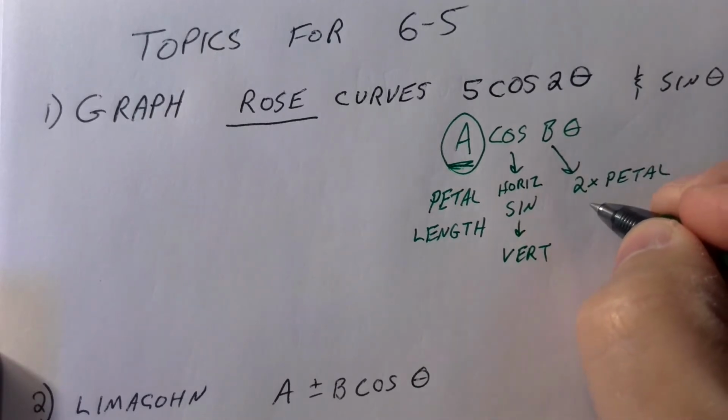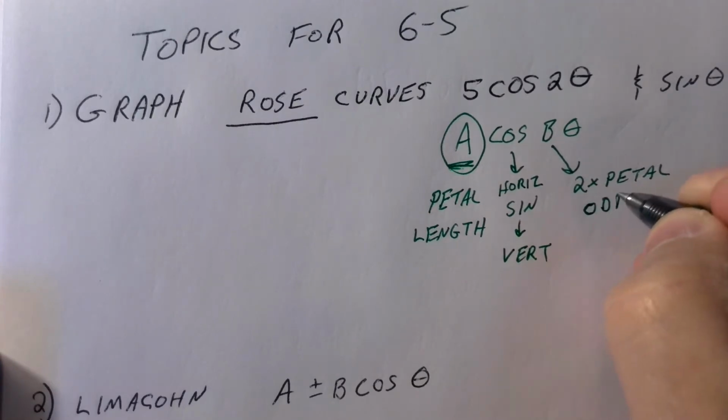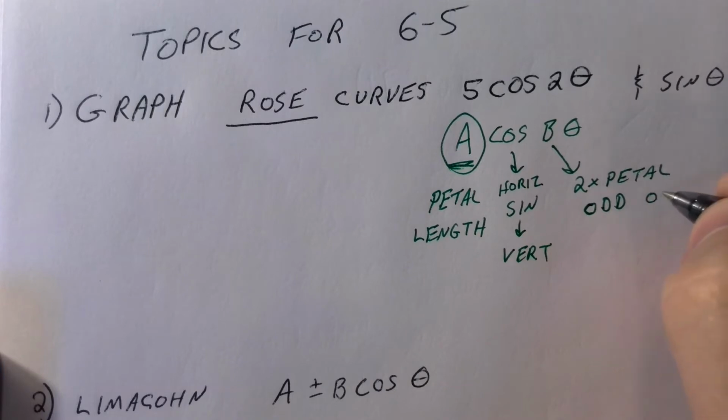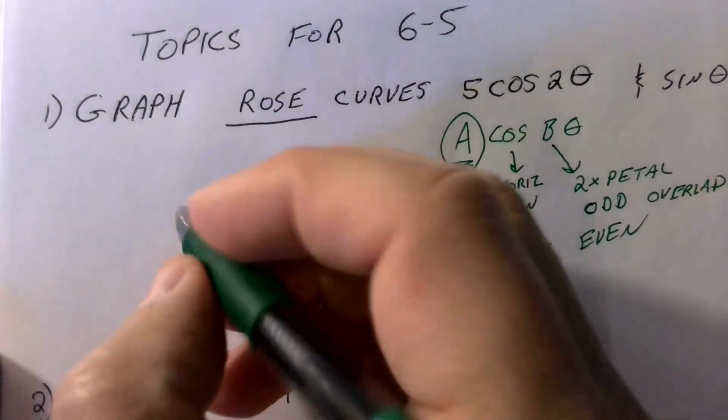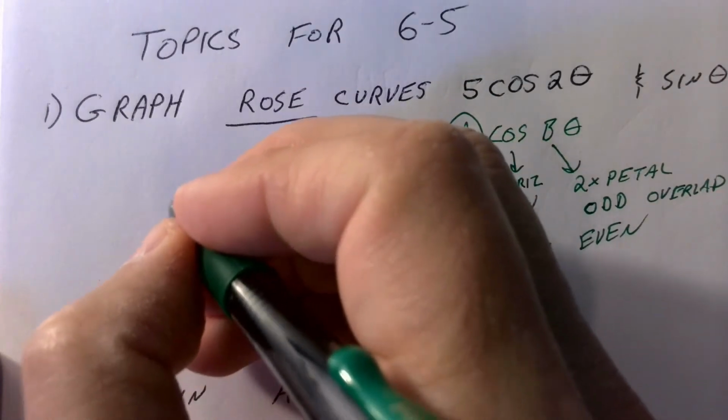where with cosine or with odd numbers, they overlap. And with even numbers, we can see them all. So hopefully you got a lot out of that, and play around with it. It's pretty cool, some of the graphs, and we know that we can change between radians